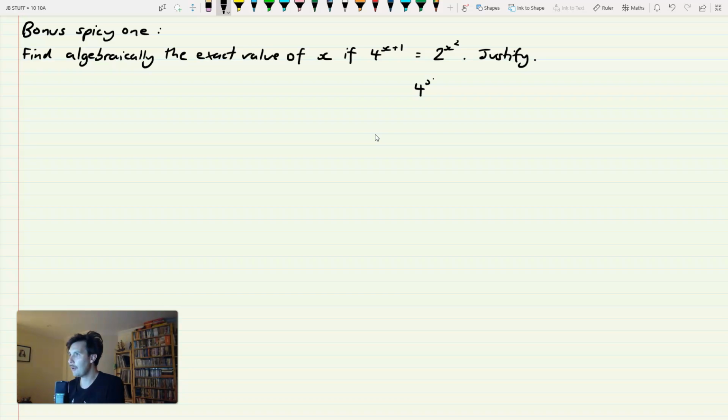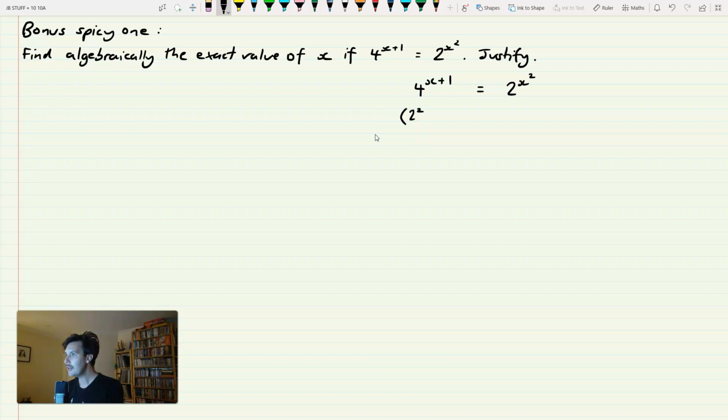So 4 to the power x plus 1 is equal to 2x squared. Okay, what I'll do next is say, well, 4 is the same as 2 squared. And the reason I'm putting that there is at some point I'm going to want to have 2 to the power something on the left-hand side and 2 to the power something on the right-hand side, and I'll show you